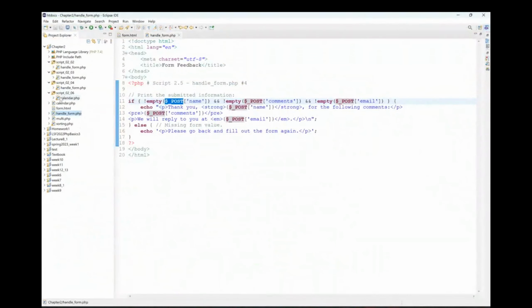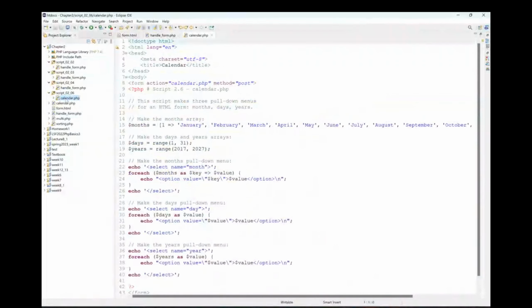Okay, so let's go and check this one. The script in this folder 0206. Here you see this is a PHP script, right? Inside the body we have this PHP block. So we have declared an array here,